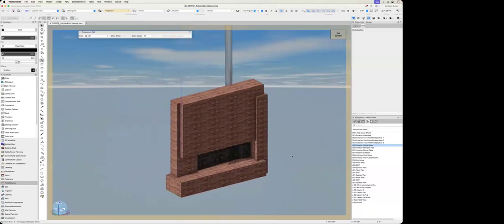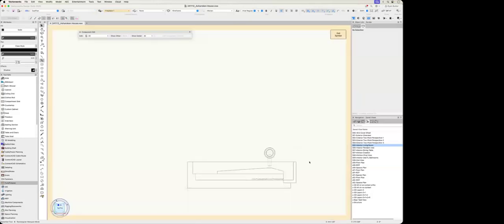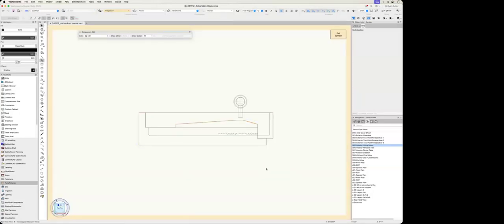If I have my 3D model that's perfect the way that I want, I can also apply 2D line work to this object. Now, if I was in the top plan view in the 3D model, you could see that this doesn't look exactly the way I want in 2D. If I was to draw 2D line work over this, like for example, this or this, and then I would create a symbol from this, the object in 2D would look like these two rectangles, but in 3D it would look like